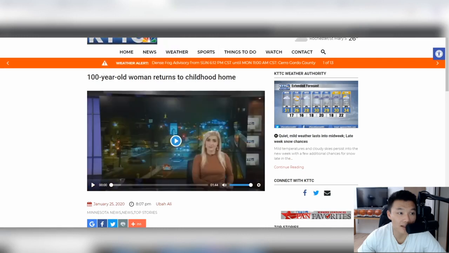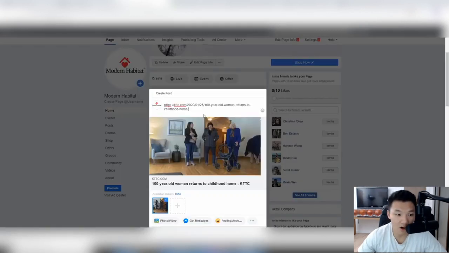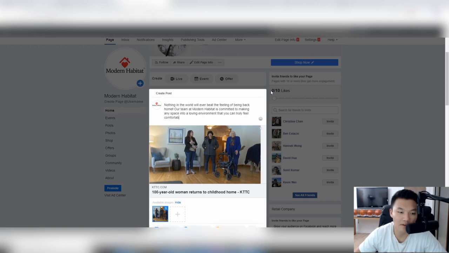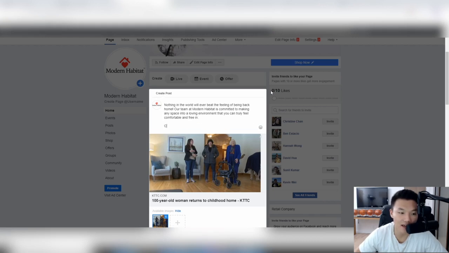We're just going to copy and paste this, go back to the page level, paste this article, and we'll say, nothing in the world will ever beat the feeling of being back home. Our team at Modern Habitat is committed to making any space into a loving environment that you can truly feel comfortable and free in, right? Again, I've done this so much that I've gotten pretty good at it. And then you can say, check out our products at, and then, put in the